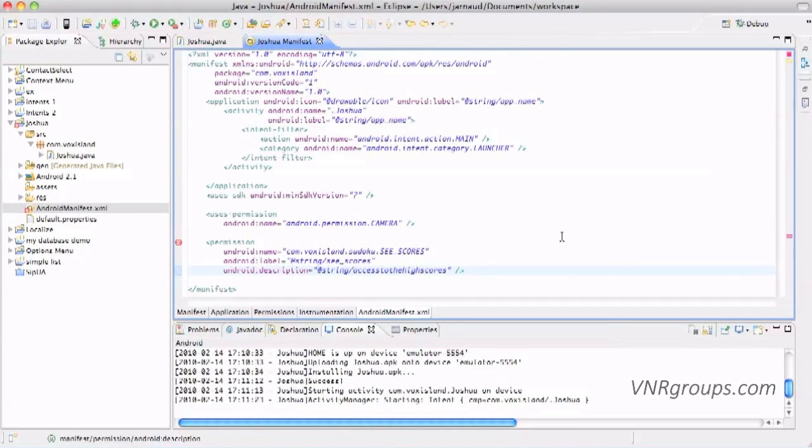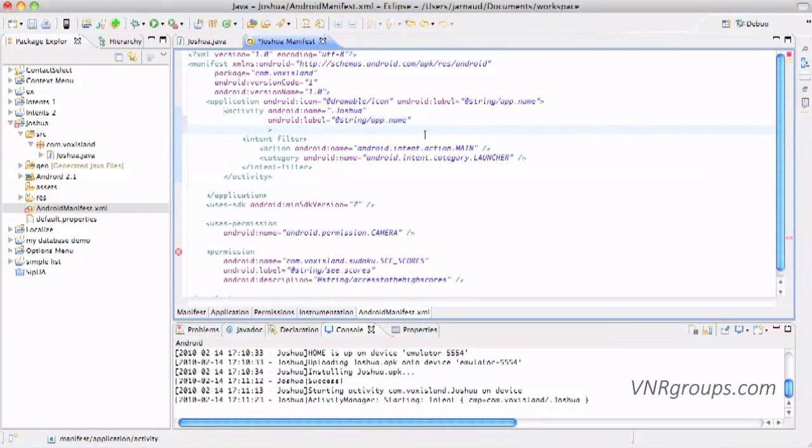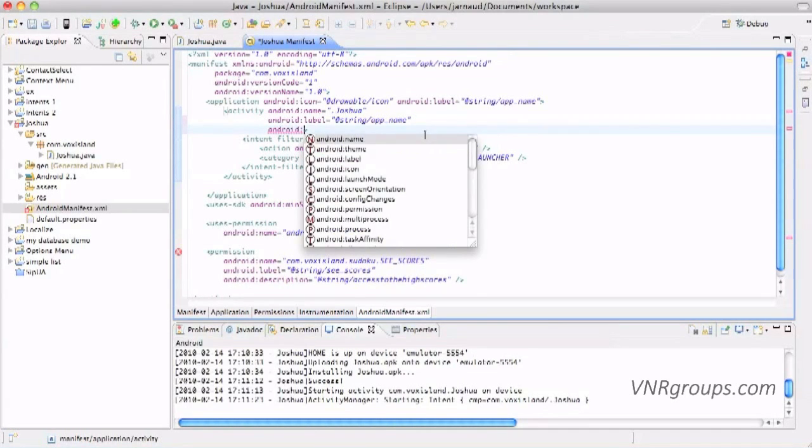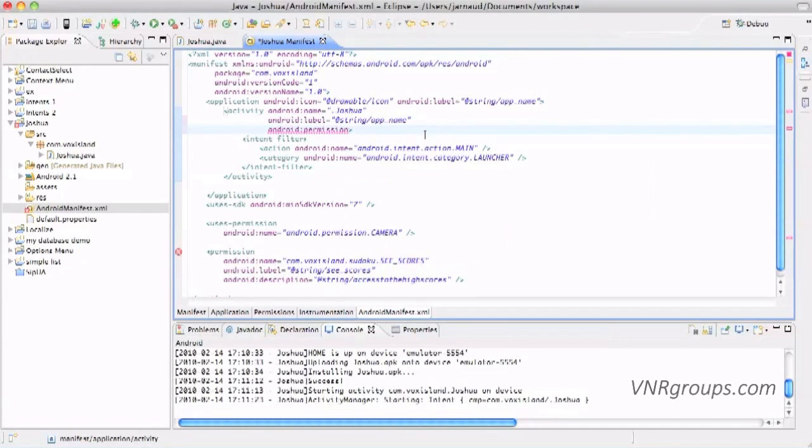So what we have done here is just indicating permissions. This is absolutely not enforcing permissions, and there are two ways to enforce permissions. The first one is with the manifest file, and the other one is anywhere else, so in your code, I would say. So let's start with the first method, enforcing permissions via the manifest. So we'll just go right here in the activity tag, and here we're going to say Android permission